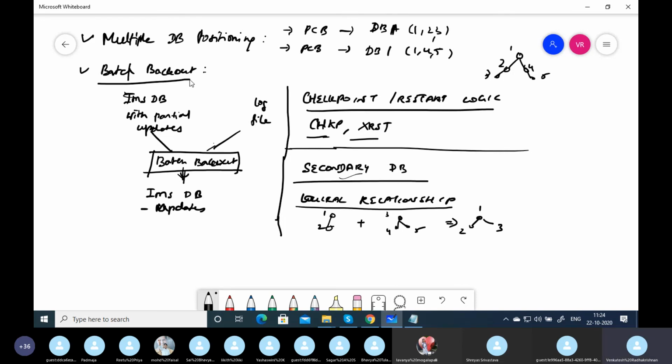Batch backout, you are not going to do. If it is in a test region, sometimes you have to do batch backout. For executing a program which is doing updates like insert, replace, and delete, if the job abends in the middle, you have to run a utility which is going to use the IMSDB with partial updates and the log files. Log files will be part of the run JCL itself. Sometimes everything will be automatic. Everything will be pointed in the project, so they'll ask you to execute batch backout. But in production support, we have to tell the production support team to execute this batch backout and then restart your abandoned job.